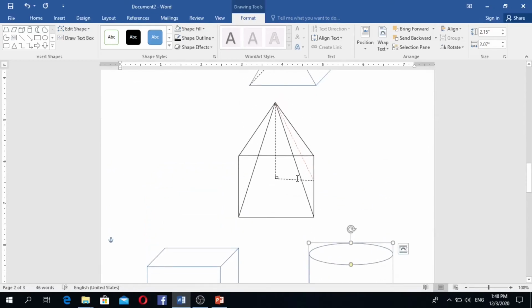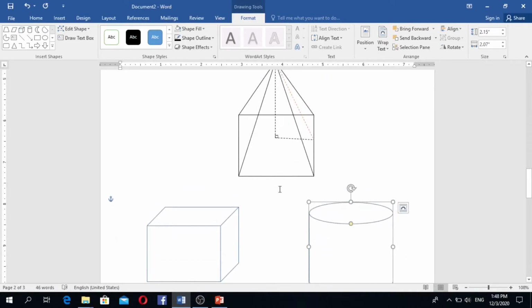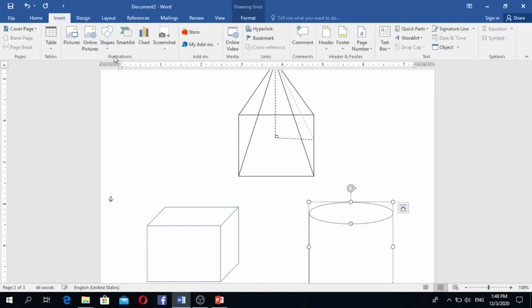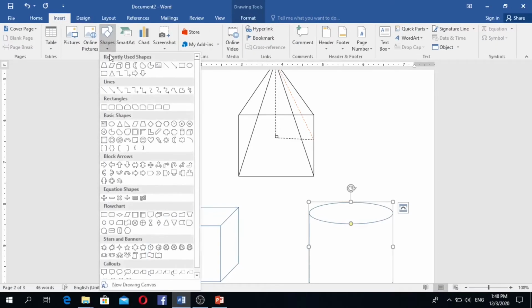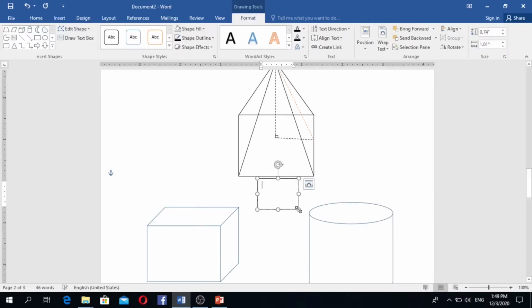and let's look how to add lengths, widths, heights, and etc. For that, insert shapes. There is a text box. Take a text box and draw here. Write the length A, size,